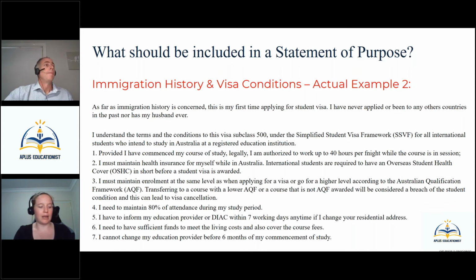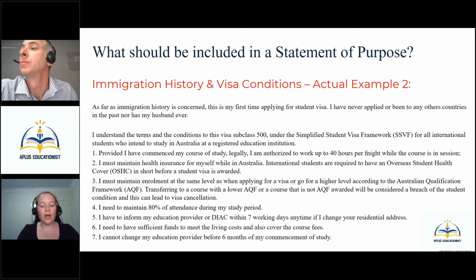Graham, I'd just like to add there as well, it's not just if the student's received a visa refusal, but particularly anyone in their immediate family, particularly if they're intending on having that person accompany them to Australia. So the most common scenario that we would see in that circumstance would be the student's spouse has received a visa refusal, or they've received a visa cancellation in another country or in Australia. So once again, it's really important for anyone who's joining the student in Australia to provide that information, provide the notice that they've received from that immigration department, and explain the circumstances.